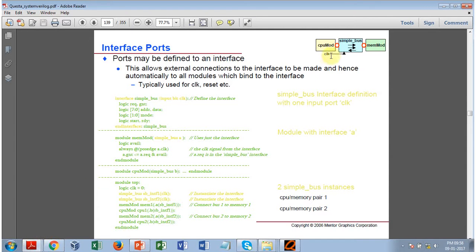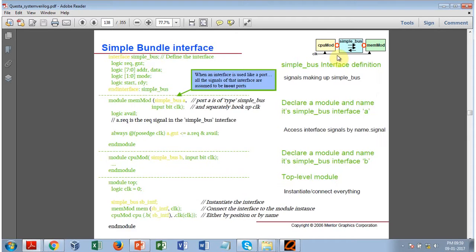Like this. CPU mode, this is your interface having a clock as an input. Okay,